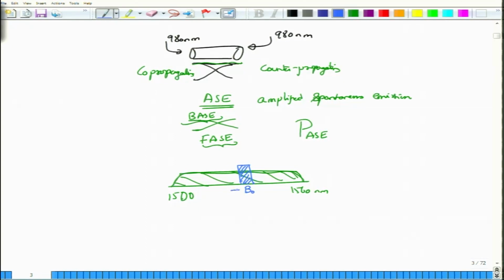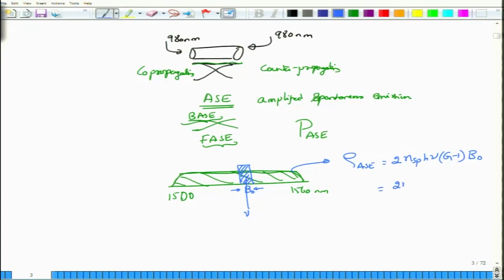Over that band, if the bandwidth is say B0, the total noise power present in this band is given by the spectral density of the noise, which we may write as rho_ASE, and this rho_ASE is given by 2 n_sp h nu, where h nu is the central photon energy of that particular channel you are considering. And if the amplifier is giving a power gain of G, then you have this factor of G minus 1: 2 n_sp h nu (G minus 1) B0 for an ideal amplifier.